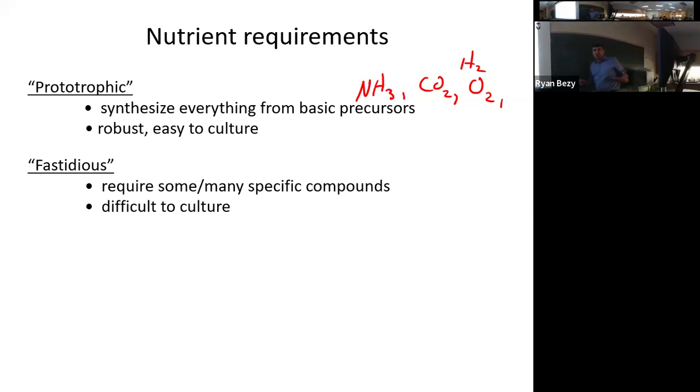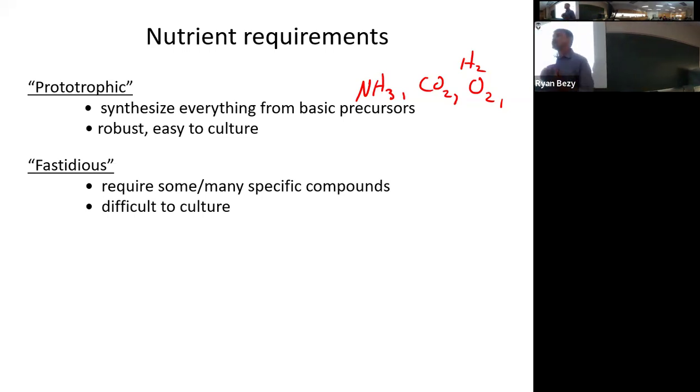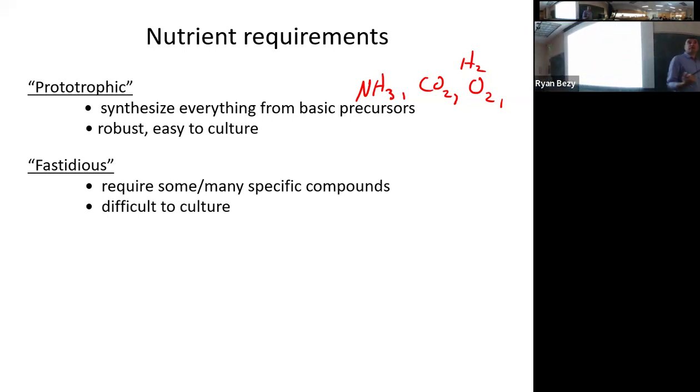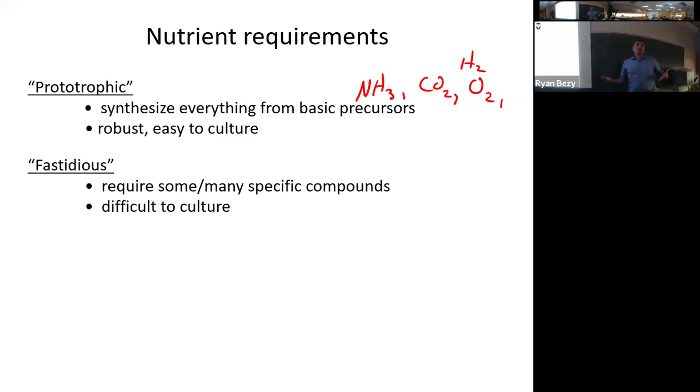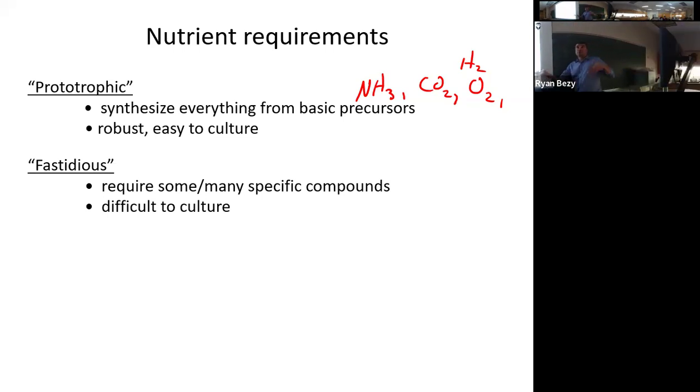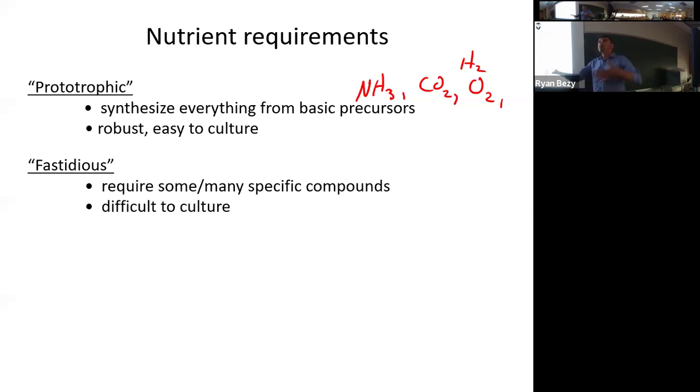Technically speaking, we're kind of fastidious. There are several different things our body needs that we cannot make. For instance, we can't make vitamin K. I think I've brought this up previously. We need it, but we can't make it. We have to get it by eating it from some type of environmental location or food source, or we get it from microbes in our body that are making it. That might be an example of that.